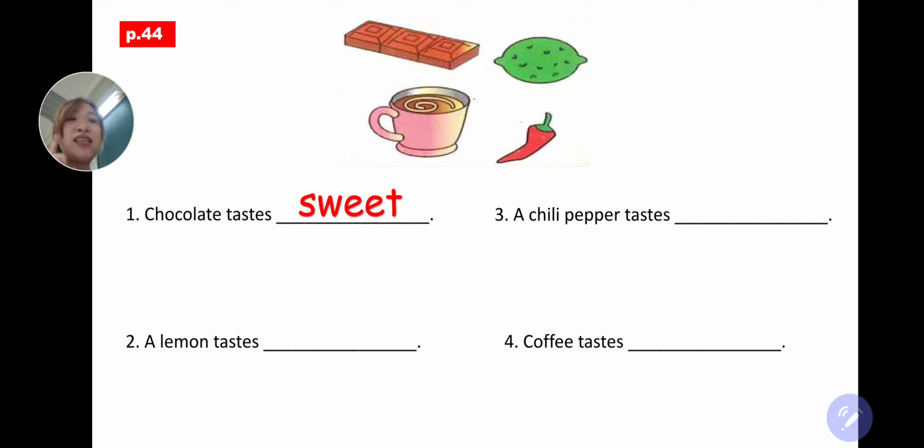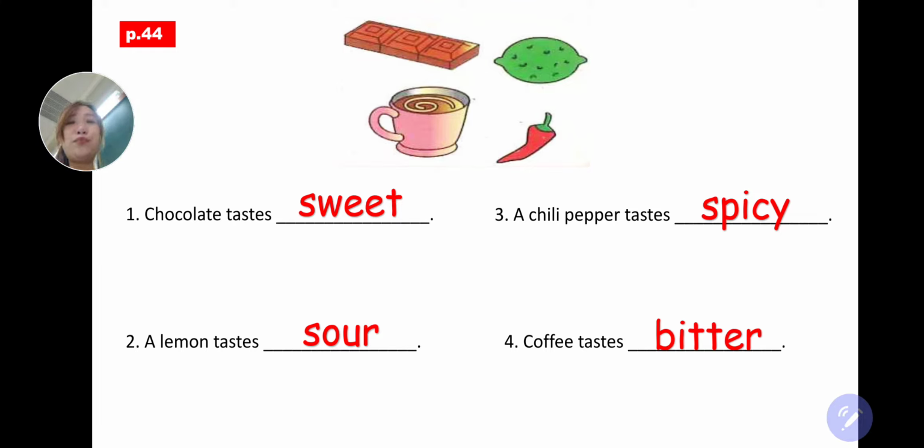Spicy? Sweet? Bitter? Or sour? Number 2, a lemon taste sour. OK, 第3题我的答案被你看到了。Number 3, a chili pepper taste spicy, 辣辣的。